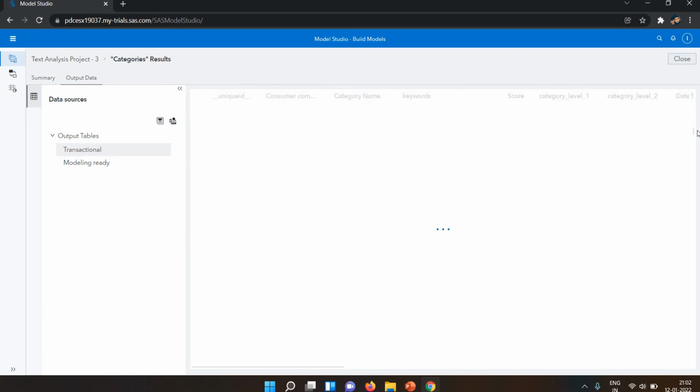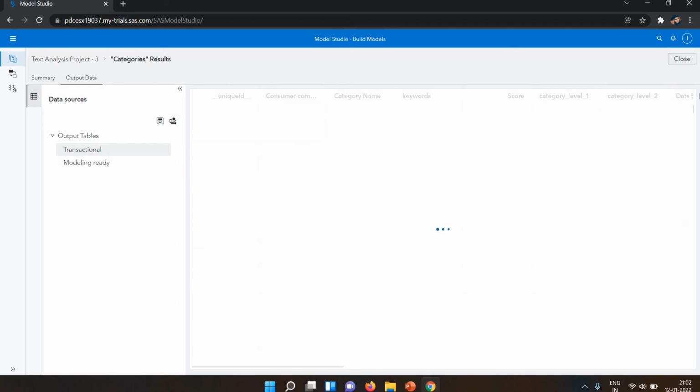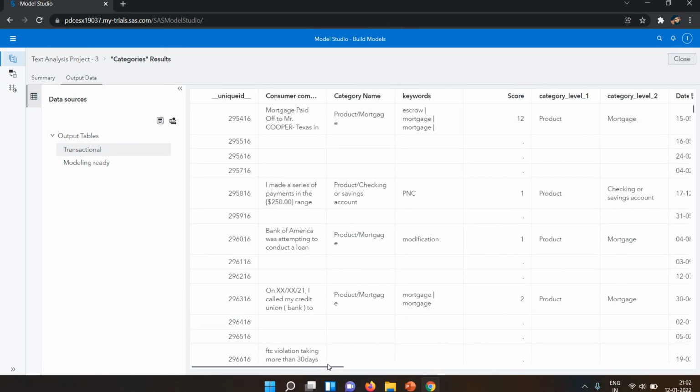Okay, now you can see if you find any duplicate, this is also a unique id. If any duplicate id is there, take the highest score, and we will take that particular data.